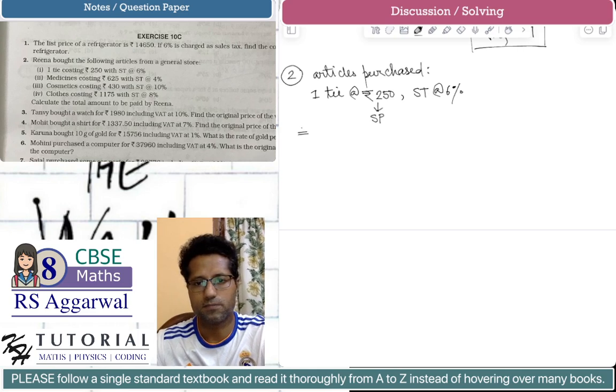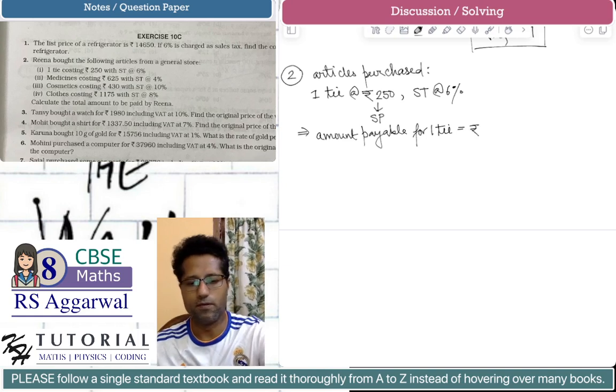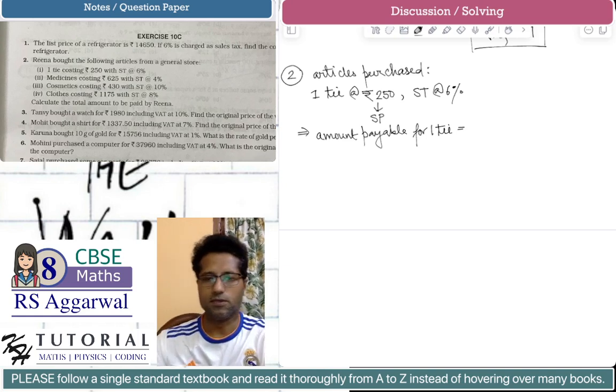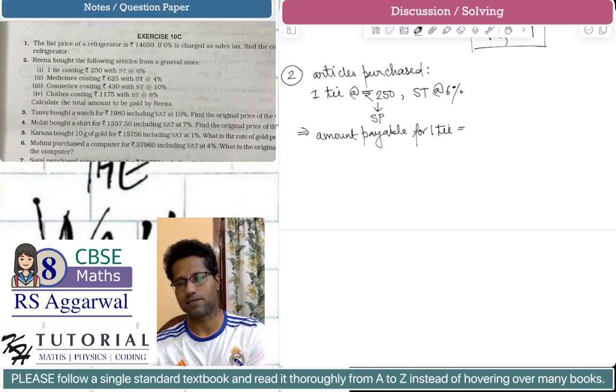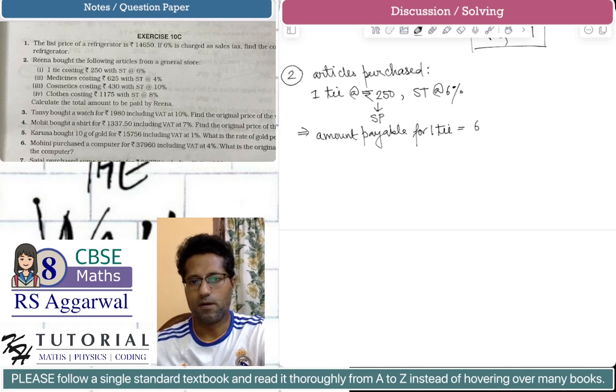So this implies amount payable for one tie will be equal to rupees, since there will be a 6% tax applied on the selling price, that is 250, so the amount payable will be 6% more than rupees 250,